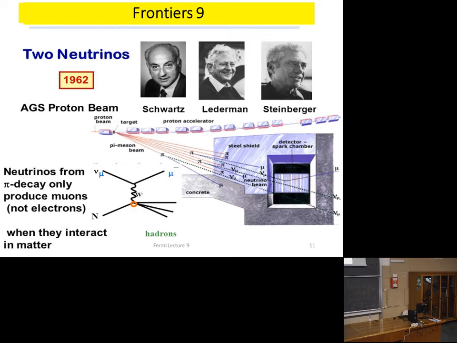And what they saw in their detector was that interactions of these neutrinos, which they observed cleanly, always produced a muon and never an electron. So somehow these neutrinos remembered how they were born. If they were born in association with a muon, they made a muon in the final state. If they were born as a product of an electron, they remembered they were an electron. So therefore, these neutrinos are given this little subscript, nu sub mu,